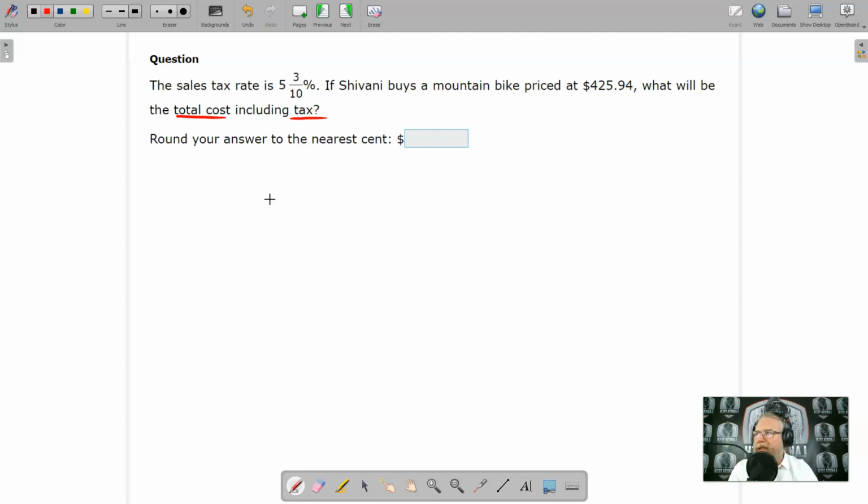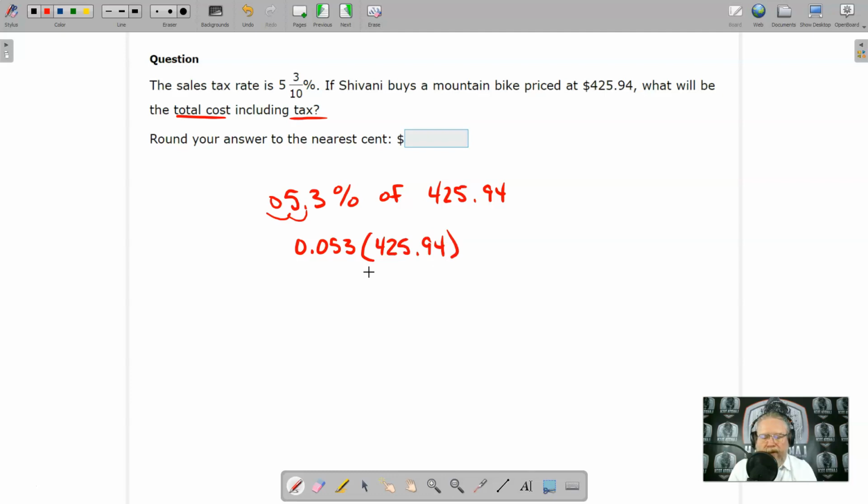So let's change this 5 3/10 over to 5.3, right? The 3 is in the tenths position, so that is indeed 0.3%. 5.3% of, and the cost of the mountain bike is $425.94. So let's change the percentage over to a decimal, 0.053. Remember, move that decimal over 2 places, so you're going to need a placeholding 0 there. Of means to multiply. We're going to multiply times the price of the mountain bike, $425.94. So let's do 0.053 times 425.94, and that's going to give us